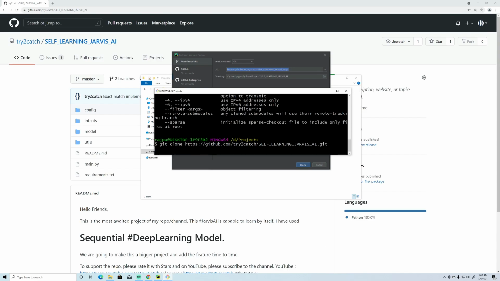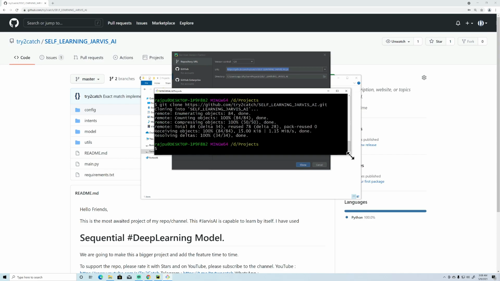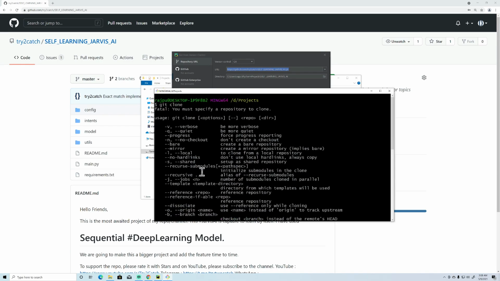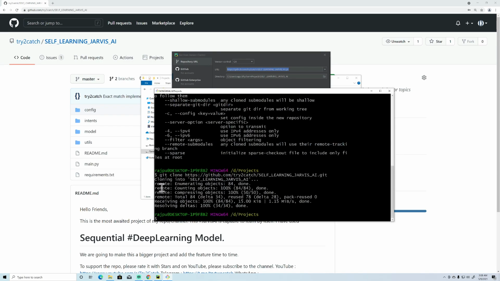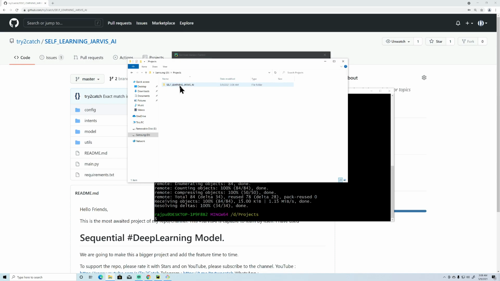Yes, and hit enter. And yes, you will get these notifications here, right? So all the files which are in this repository are now in your project directory. Let's see. So this is our project directory, and here we have this self-learning Jarvis AI and all the files which we have, right?